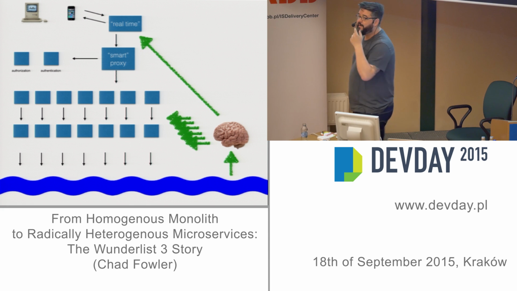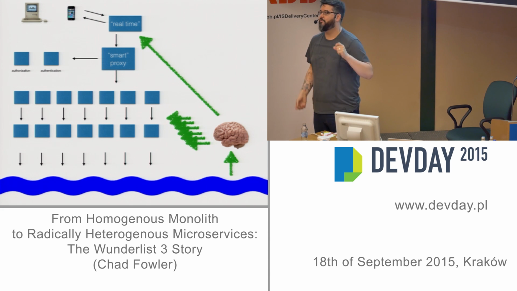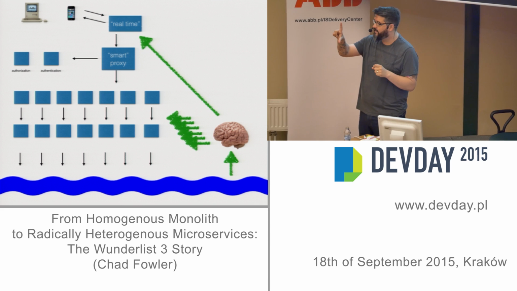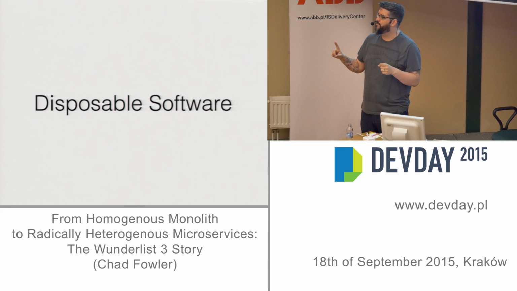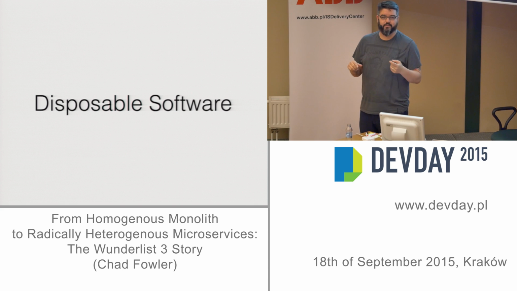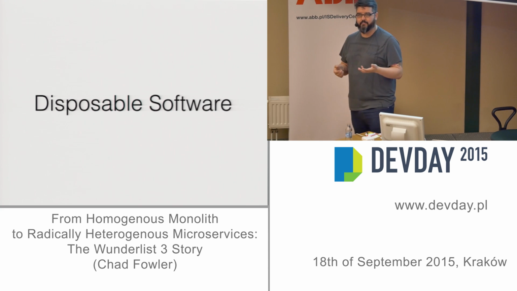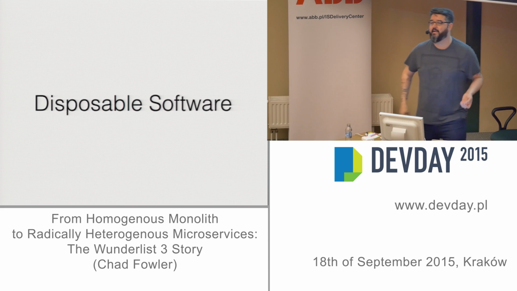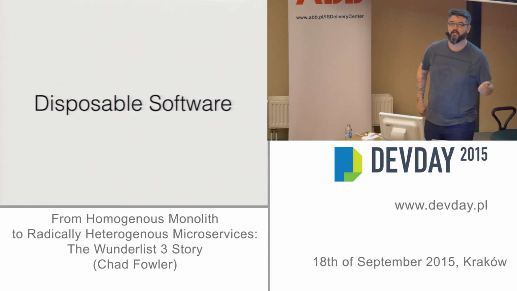So one of the most valuable things about having services that are this big, and I didn't really say microservice yet, and that's by intention because we never meant to make microservices. It wasn't about that. I think we should all avoid saying that because it's another word that loses its meaning. What we were doing is creating cells that could be thrown away. That's what was important. Because we had a system before that we couldn't change. We needed to be able to change everything all the time if we wanted the system to survive. We don't care if the cells survive, they have to die and go away.